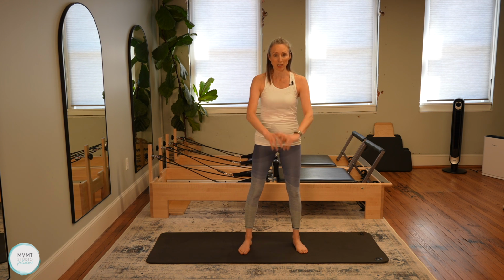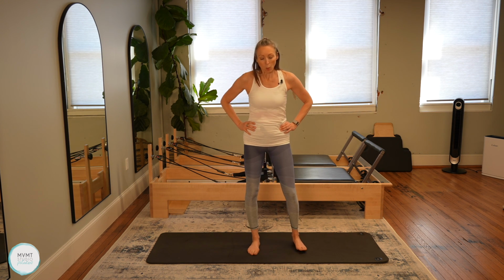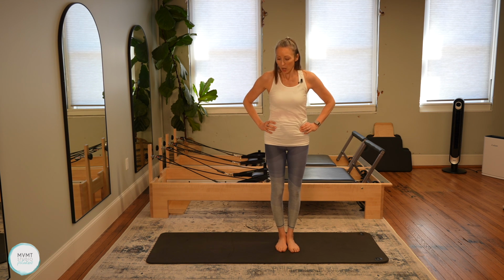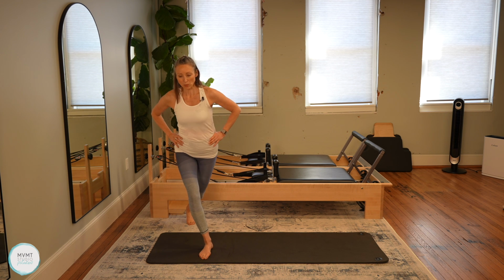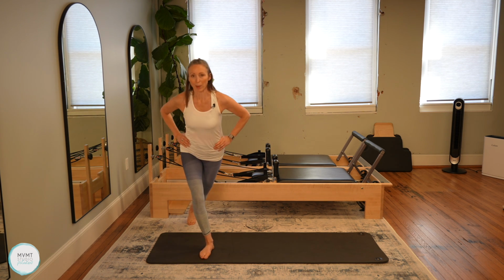All right, now we're gonna keep the focus forward still for some alternating curtsy lunges. So we're gonna change this up a little bit. We're gonna keep the hands on the hips, and we're gonna fold forward into a flat back just like we did at the beginning when we come into that curtsy lunge. So let's start, we're gonna alternate, but let's start one foot out to the side, other leg's gonna come back. As you kneel down, you're gonna fold forward over that front leg, and then we bring it back up,